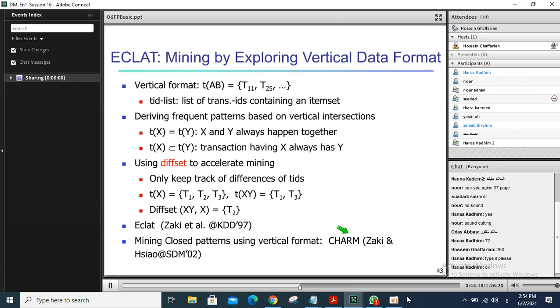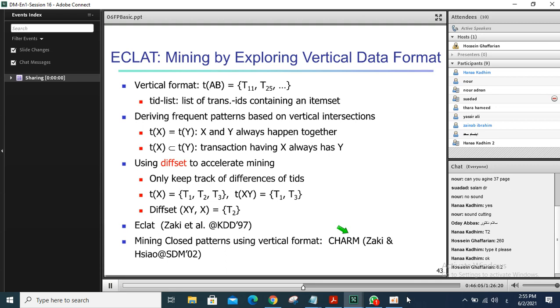So, to find a good example for ECLAT, please read page 260 of the textbook. If you read section 6.2 of the book, it has a good example,